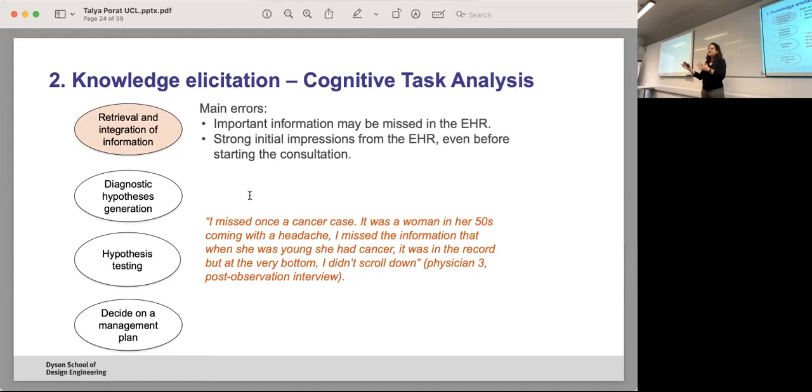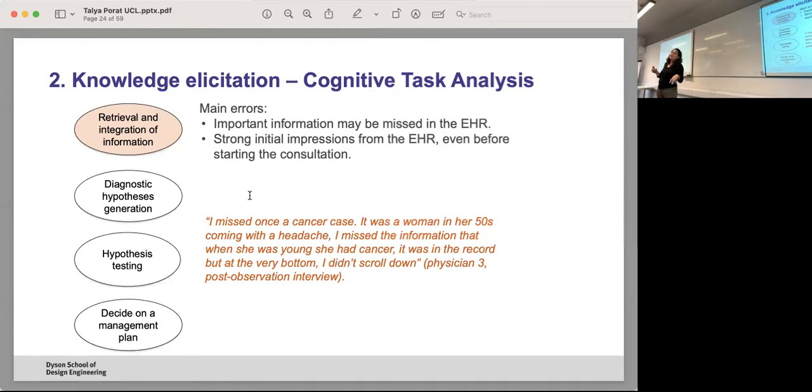So it's quite a translation of the paper records that we once had. It's mainly all the information with dates and a lot of text notes. Sometimes they don't see important information, and sometimes they have strong initial impressions from the electronic health record before they start the consultation. So I observed the GP when they consulted the patients, and they look at